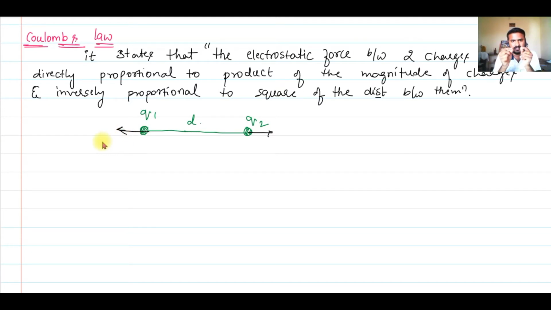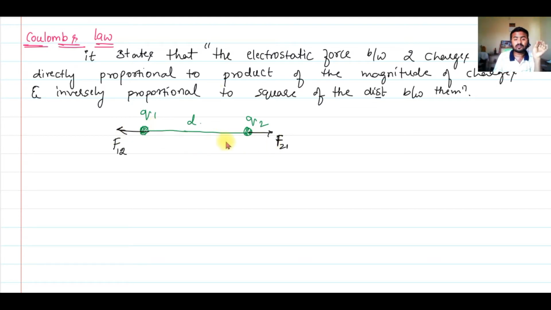Now these forces are mutual forces. The force experienced by the second charge due to the first charge, I'm going to write as F21, and the force experienced by the first charge due to the second charge, these two forces are mutual forces, and they will always be equal in magnitude and opposite in direction. Here the force on the second charge is to the right and the force on the first charge is to the left. Why are the forces like this? Because they are positive charges, right?